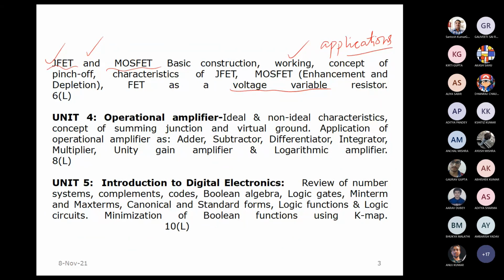Then unit 4 is going to talk about a class of amplifiers. An amplifier is something which can amplify, or increase the strength of a signal, in the normal sense. So there is some circuitry there. If we give some input, then we get some stronger output, for a weaker input.